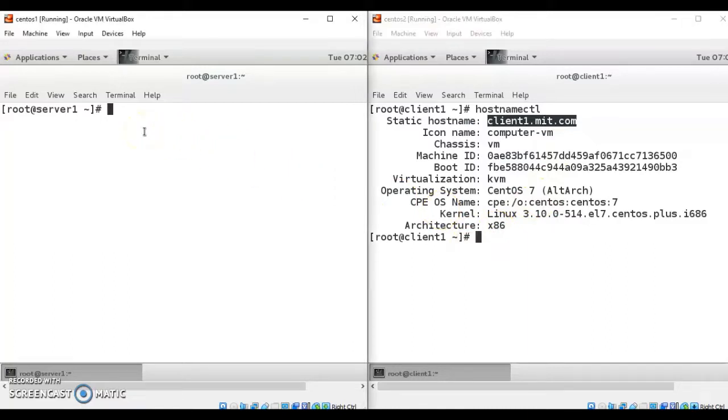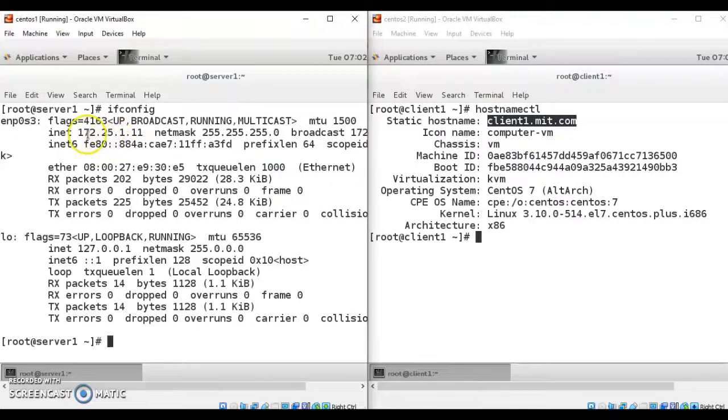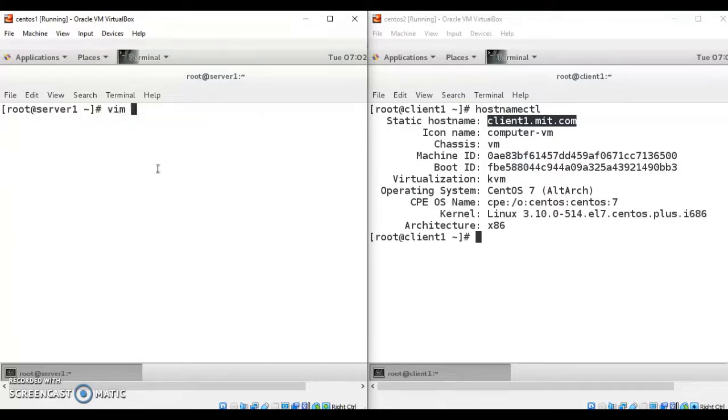Next step is to modify your /etc/hosts file. Normally /etc/hosts is an operating system file that translates your host name or a domain name to an IP address. So the IP address that we have set to this machine is 172.25.1.11. We just wanted to change this IP address against the host name that we now want to set. For that, simply open the hosts file which is located under the etc directory.